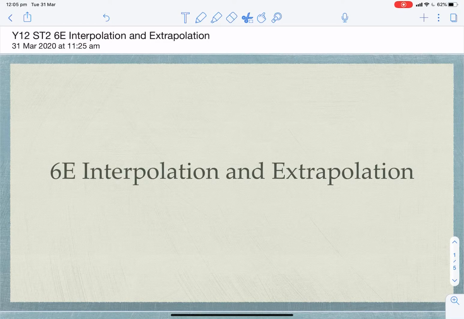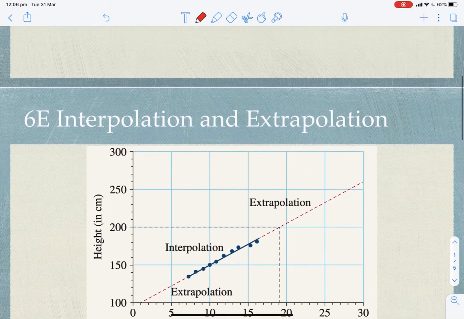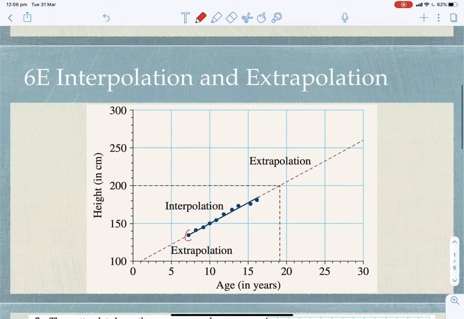Hi everyone, today's topic we're doing is 6E, interpolation and extrapolation. This graph here is a really good indication of what interpolation and extrapolation are. Interpolation is when you have a data range. For example, in this case, it's between this data and this data. Anything in between is interpolation. Anything outside is extrapolation. So in this case we're looking at the age of a person compared to their